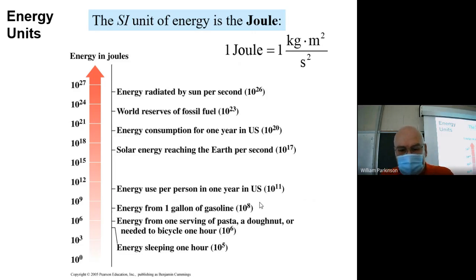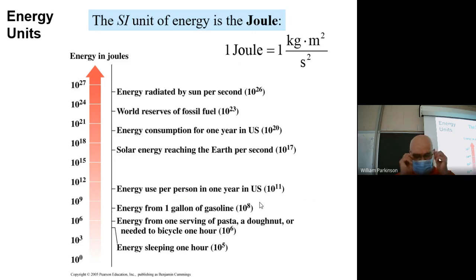So you notice in a gallon of gas, there are 10 to the 8th calories. So what's that mean? I'm sorry, 10 to the 8th joules, excuse me. The scale we're using is joules. So it says the energy of a gallon of gas is 10 to the 8th joules. So again, that would be like 20,000 calories of energy, roughly speaking, if I translated that with some quick math from the idea of joules into calories.